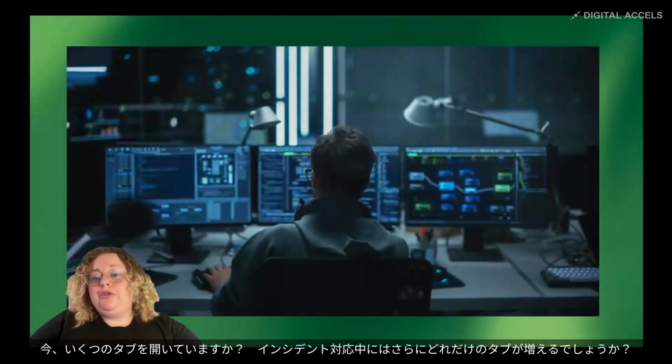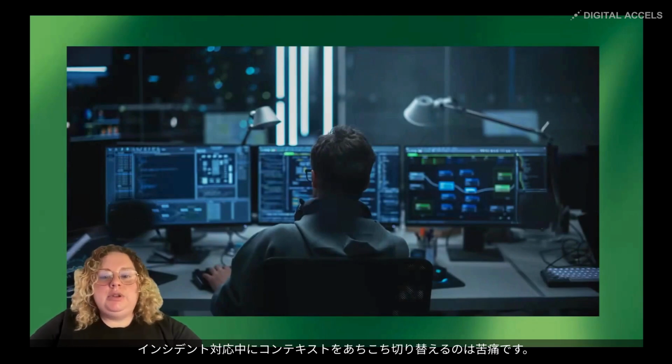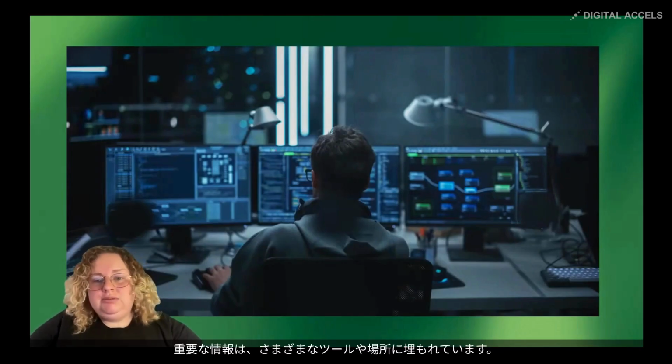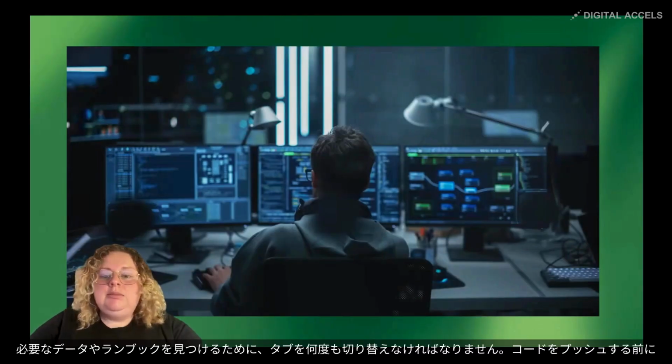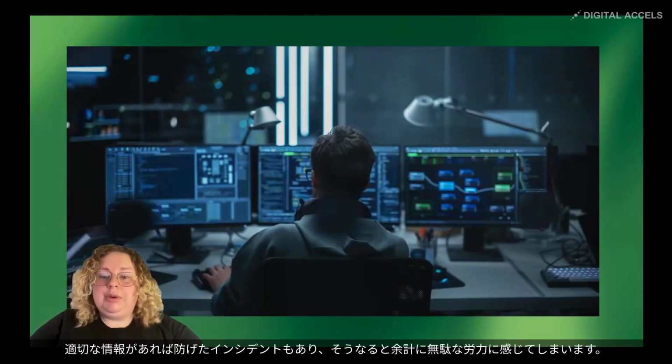How many tabs do you have open right now? And how many tabs do you open in addition to that during incident response? Context switching back and forth during incident response is painful. Key context is buried across a variety of tools and surfaces. You switch from tab to tab to tab to tab to find the exact data or runbook you're looking for. And some of these incidents are completely preventable with the right information ahead of pushing your code, which makes the